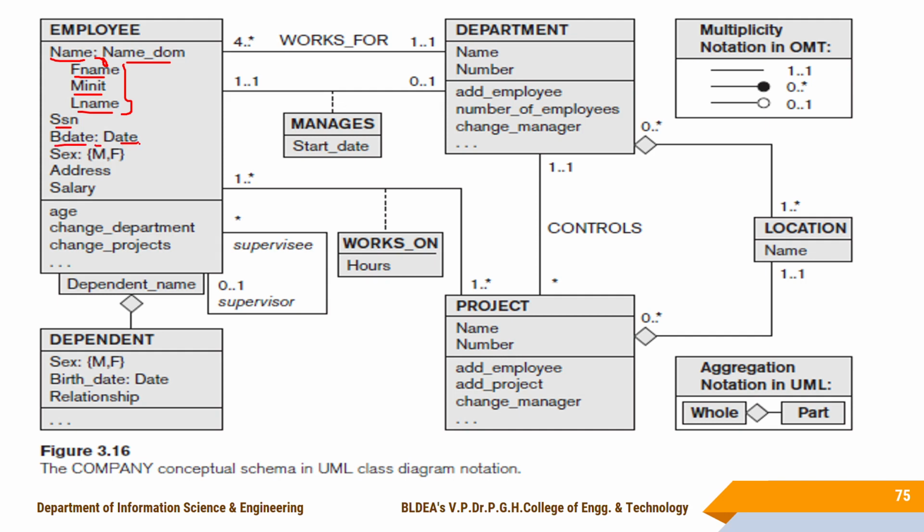Colon, and this is the domain here, address, salary. So all these are the things that come as parameters, and these are some of the functions you can perform on those objects here. Next is department, name and number, and functions, parameters as attributes, and these are the different functions you can perform on this department in the same way, parameters and functions here.